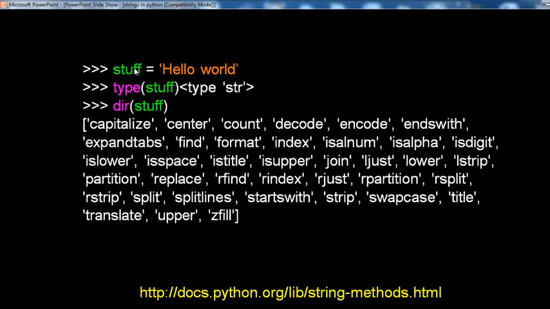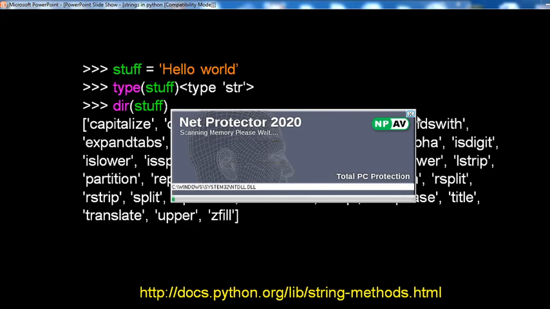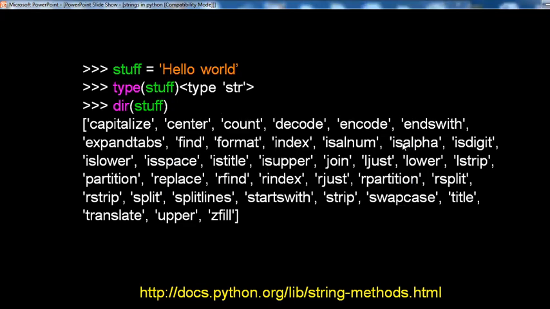Another example, stuff equals "hello world", check its type. For the built-in library, the string type is defined; use dir on it. Some of the library functions defined are capitalize, center, count, decode, encode, endswith, expandtabs, find, format, index, isalnum. These are the particular library functions used from A to Z in Python.